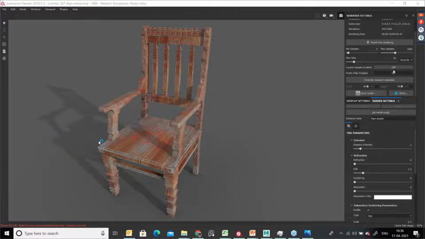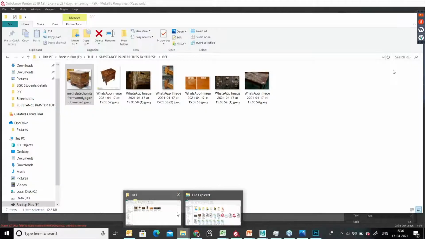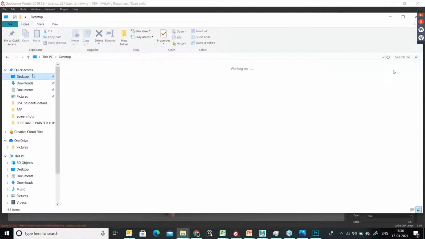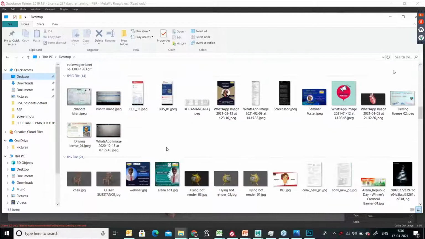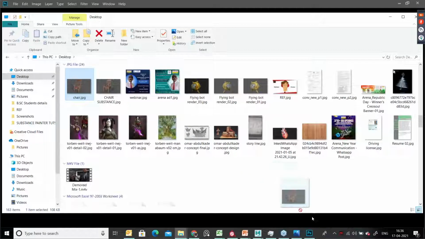In Photoshop, you can do the texturing for this. Okay, so you can just go here, desktop, you have a chair image, right? So where is it, the chair image is available here.